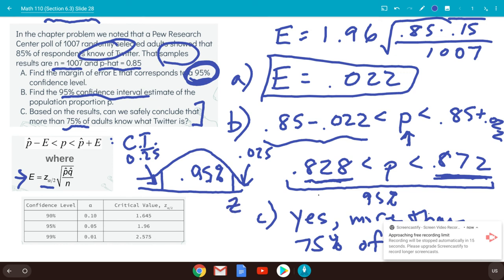And this z-score right here, that z value, if you use your table or technology, will be 1.96. It's calculated for you, but you could find it